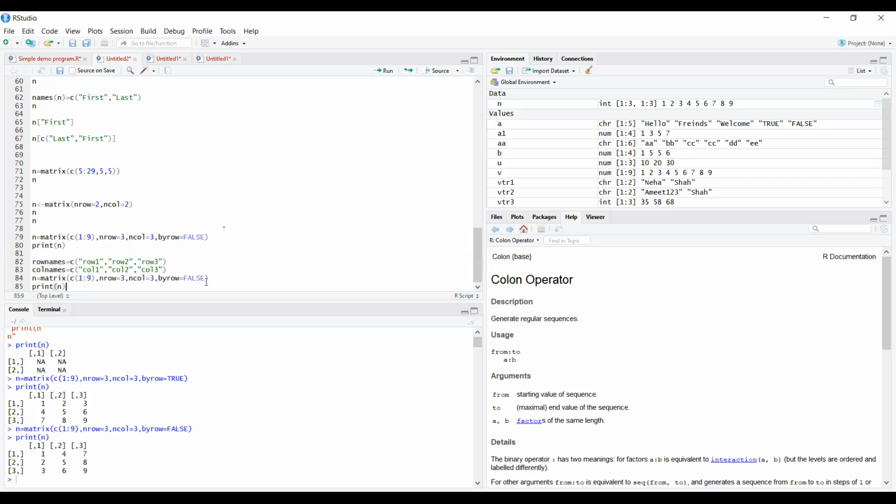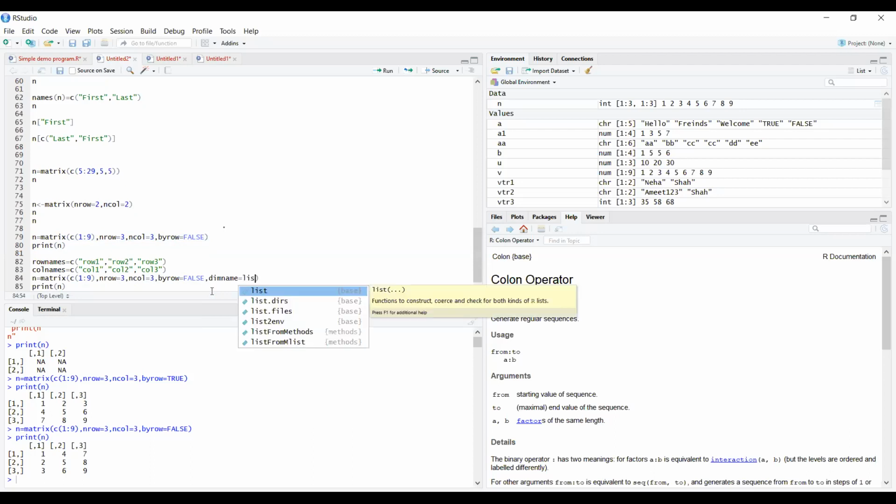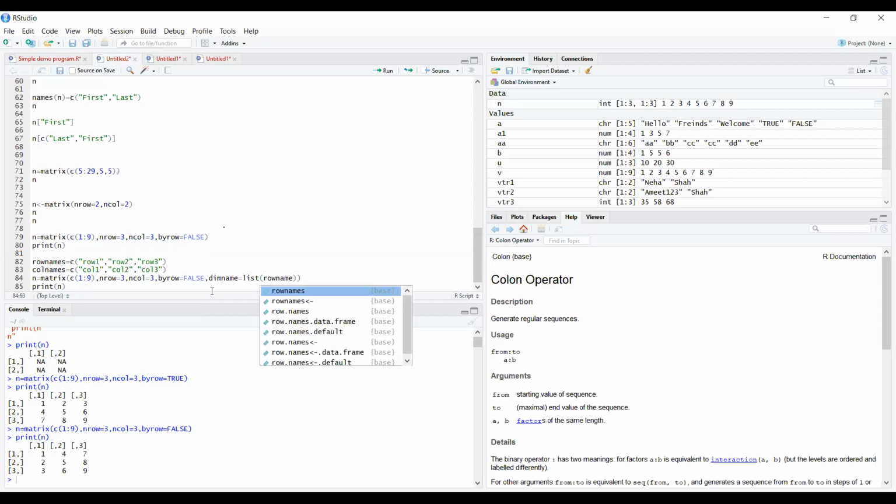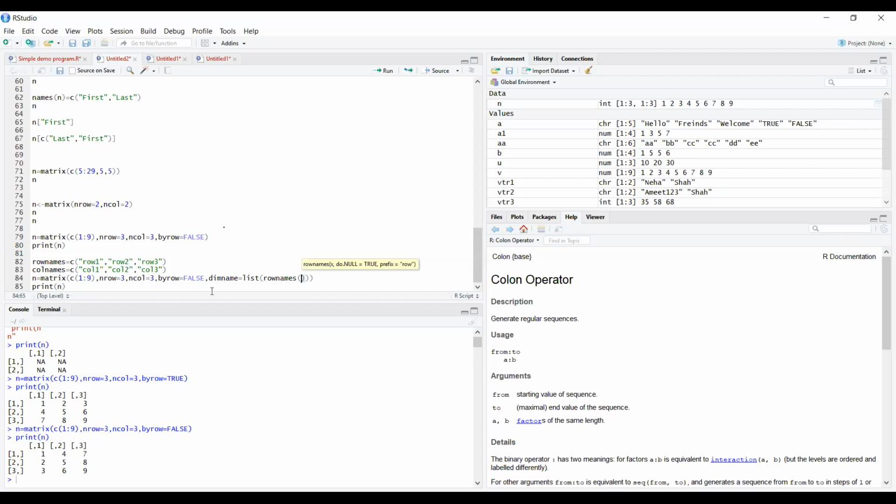The only thing is now we are passing one more parameter to this, that is team name. So team name is one of the parameters. Team name is a list, and in this list, row names, comma, column names.